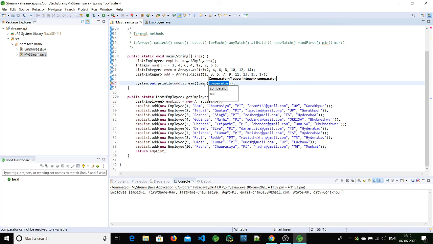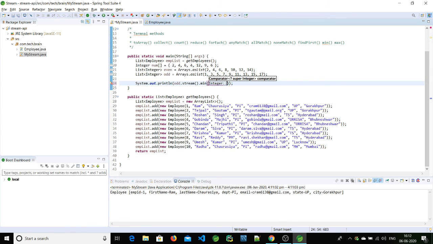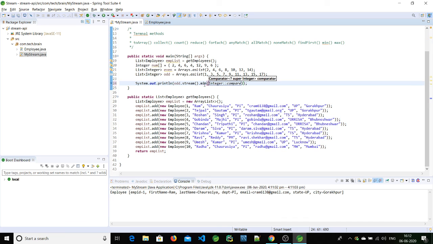But now here we have integers, so directly we can use the Integer class method. In Integer we have the compare method, so we can call compare directly, and it will compare all the elements and give the minimum value. Again it will give an Optional, because sometimes it may not have any value, it may be empty.